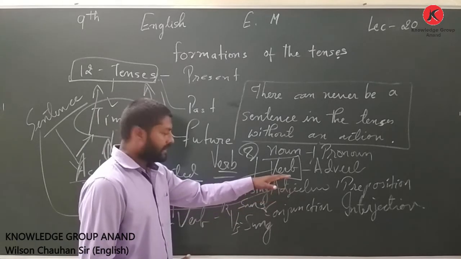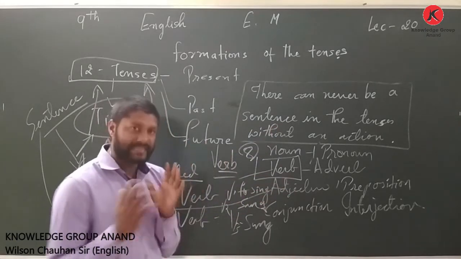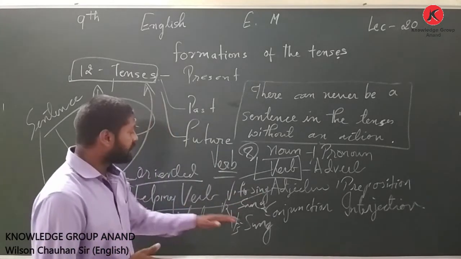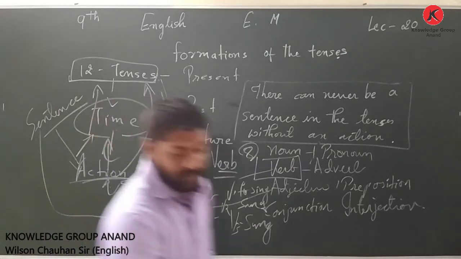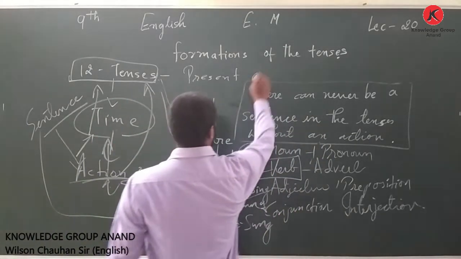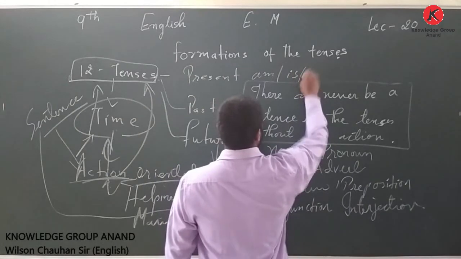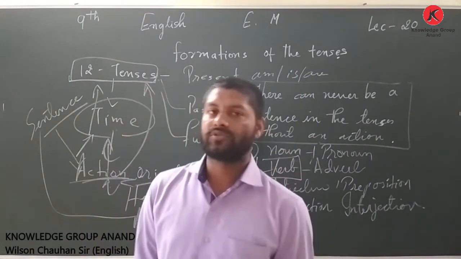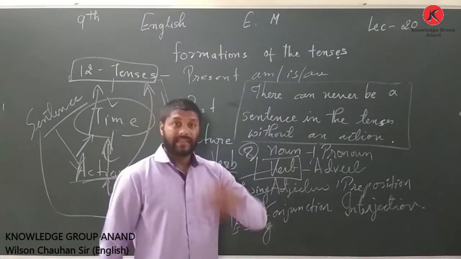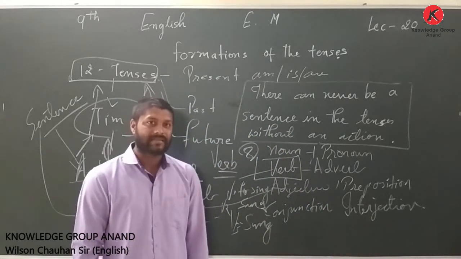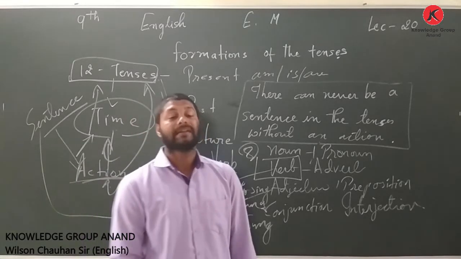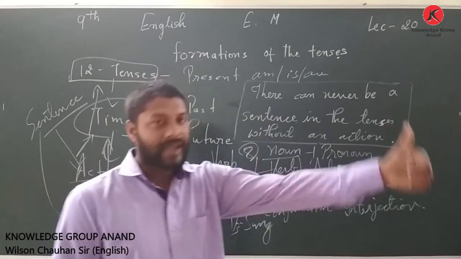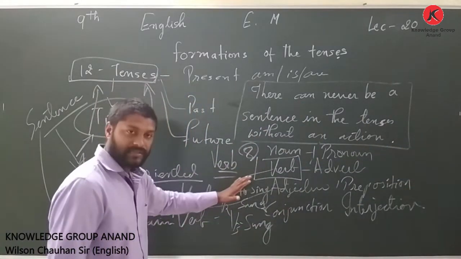Mainly, verb is an action word of the tenses and sentences. Now verb can be divided in different places. If it is from the present point of view, then we will have perhaps am, is, are. You can go back to your videos, you can go back to your notes when we had given the introduction to the sentence and parts of the sentences. When we learned, we had divided respectively subject, verb and object. Did you understand, dear friends?